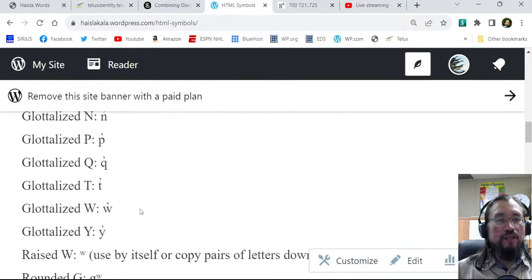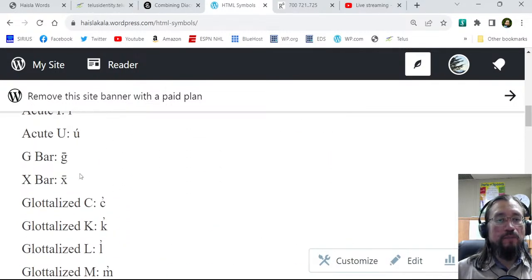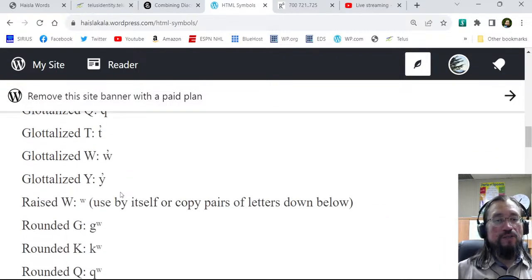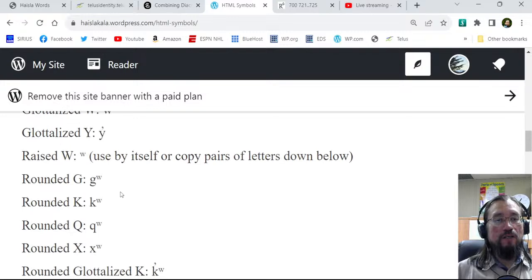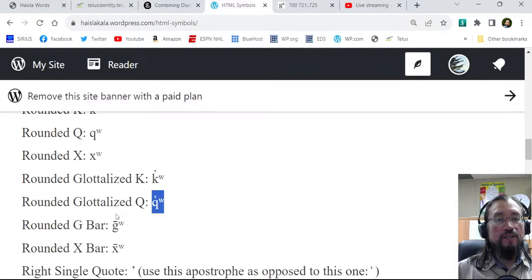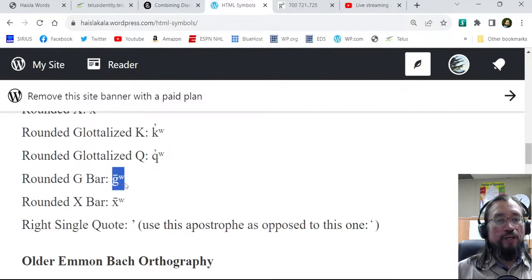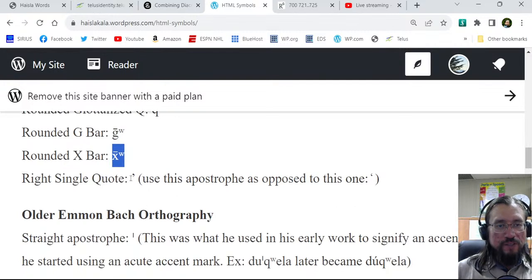Up here we saw the G bar and the X bar. Sometimes they appear by themselves. Sometimes they themselves are also rounded. So we have a rounded G bar here, hua, and a rounded X bar, hua. It's also very important